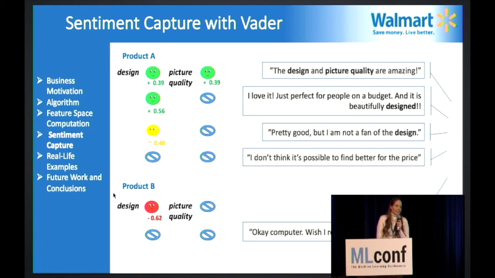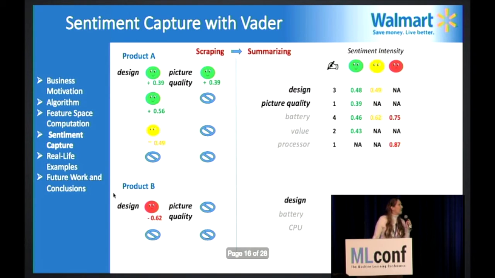Now that I know these features because I performed feature extraction on my data set, I'll go through the reviews one more time, and every time I see a mention of the design and picture quality, I'm going to try to measure if people were happy or not happy, try to get which one of the three sentiment flavors is the highest, and then actually get the intensity of the sentiment. And then by doing that for every single product, I'm hoping that I can get some